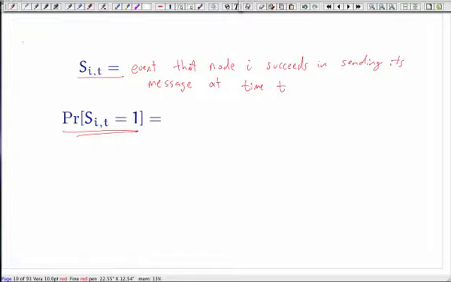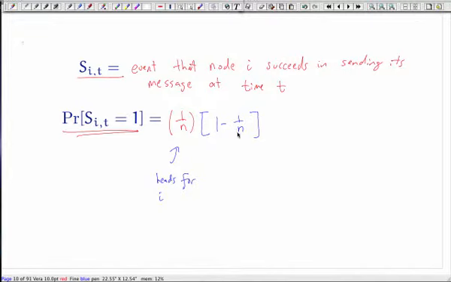And everyone else has to not. Exactly. So another way of saying that is that it had to flip a heads. Right? And heads occurs with probability 1 over n. And everybody else had to flip a tails, right? So everybody else had to flip a tails, which happens with 1 minus 1 over n.